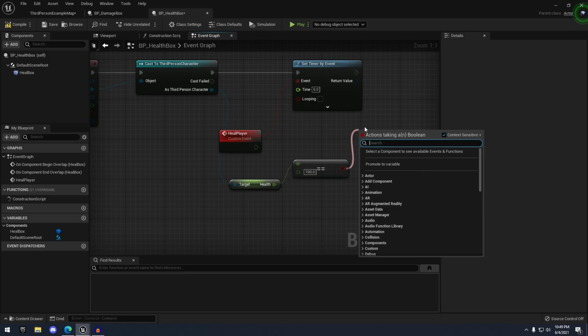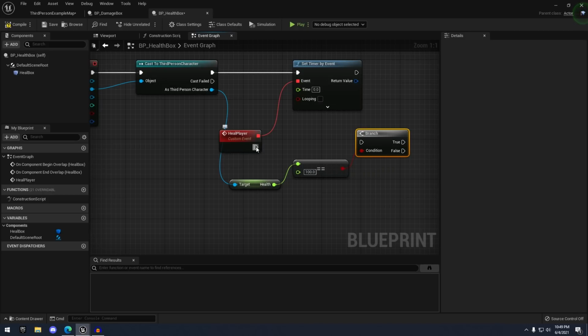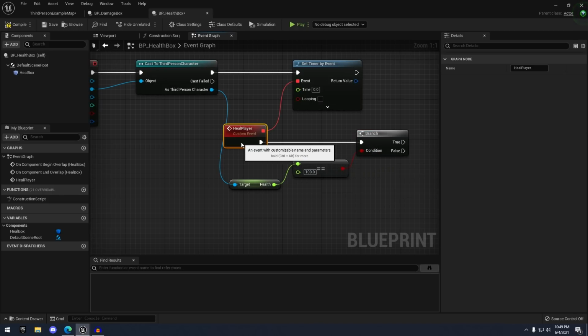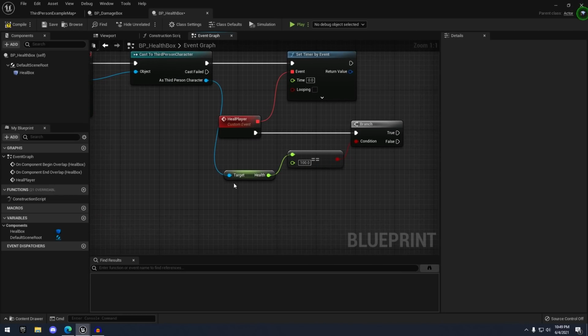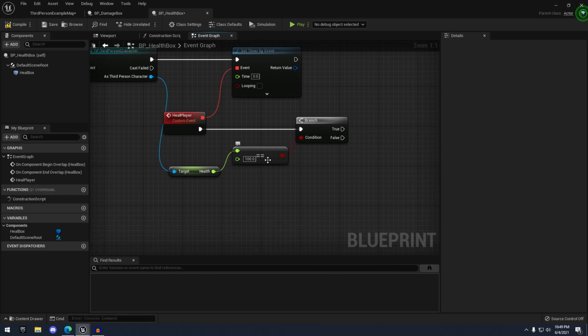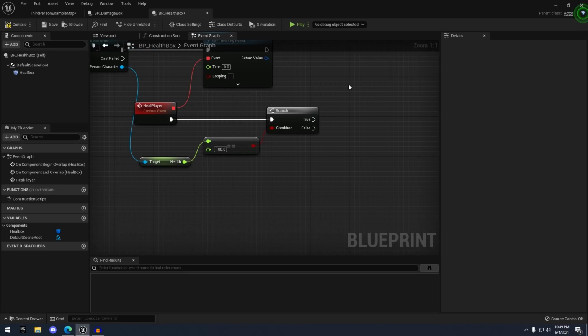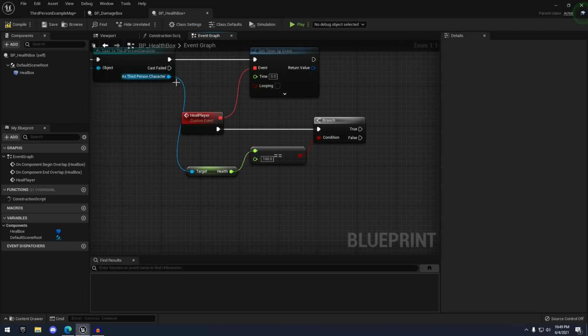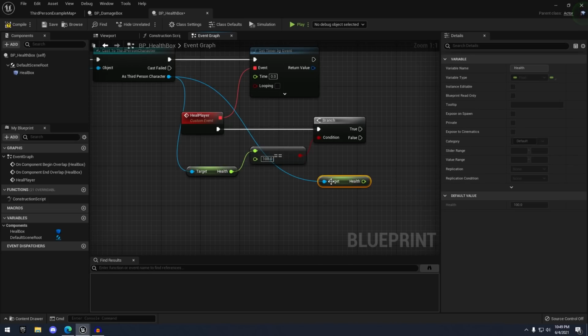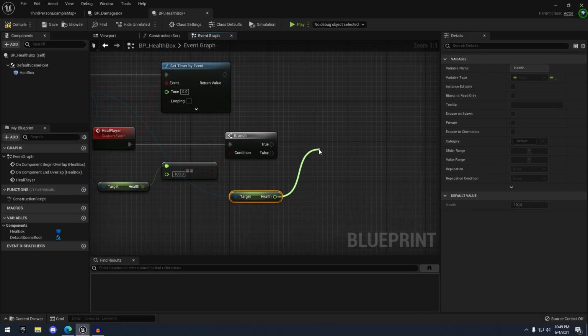So if we drag off our Boolean, we can do a branch and hook that up to our heal player. Before we can heal our character, we're going to check to see if our health is equal to 100. If so, we don't want to heal our character because they're already at full HP. But if not, we want to get health and add